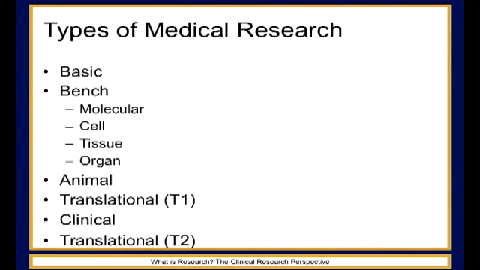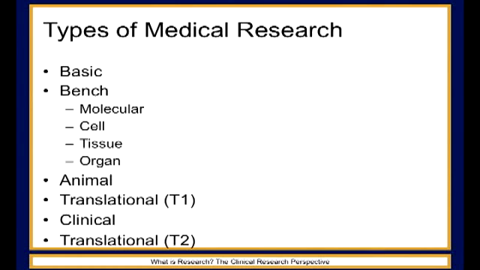So there are several types of research. Basic research I will not talk about today. This is research that's done on a benchtop or in animals and other kinds of facilities, but does not involve human work. Bench research can include molecular physiology, cell physiology, tissues, and organs. Then, as I mentioned, there's animal research, which sometimes is used to understand human diseases. In fact, most of the time it's used to help understand human disease, but it is